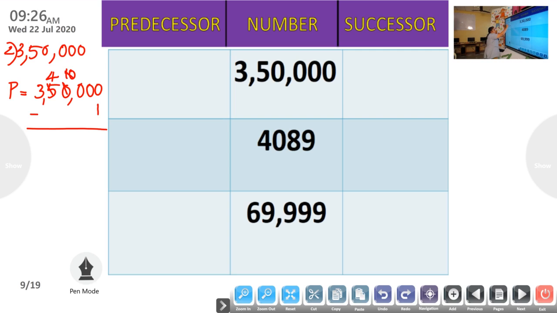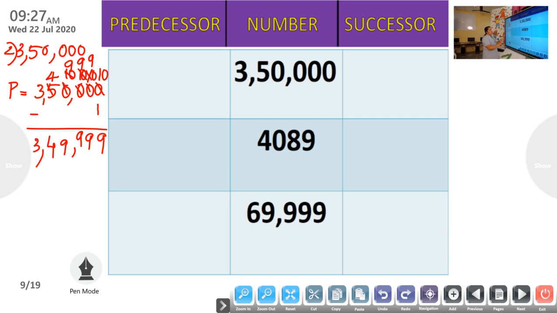Again you have to cancel the 10, taking 1 from 10. What is remaining? It's 9. Then here it becomes 10. Again cancel the 10, taking 1 from 10. It becomes 9. This 0 becomes 10. Then 10 minus 1 is 9. Then bring down the 9, and here also bring down the 9. Here is the 4. Then 3.